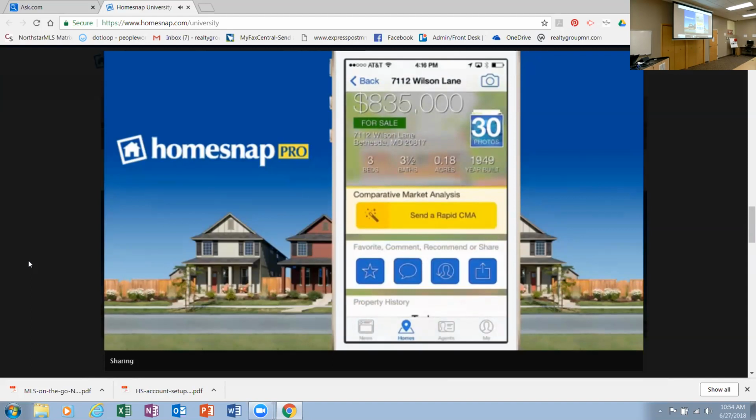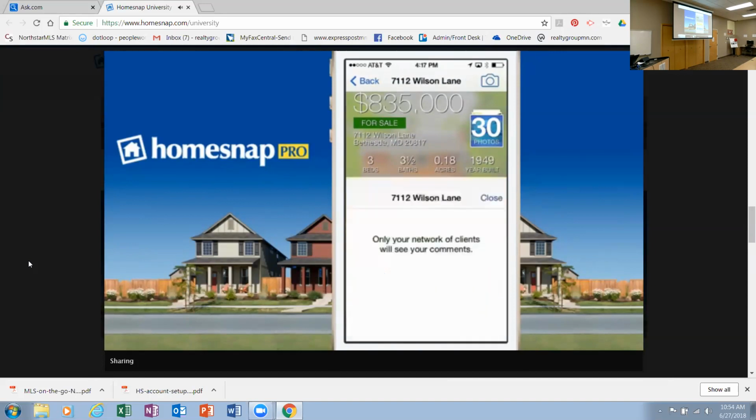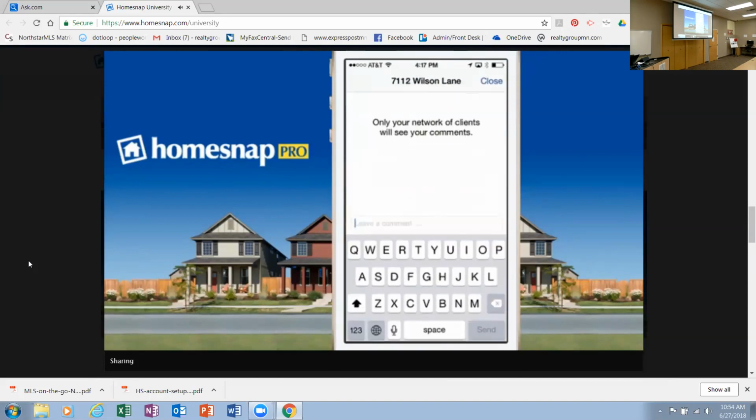So if I favorite this house, that's the left-hand button, the star. That's a one-tap way to mark it. And all of my clients will see that I favorited this house, and that'll be on my profile when they look there. The second way is to make a comment on it, and by default, that's going to go to